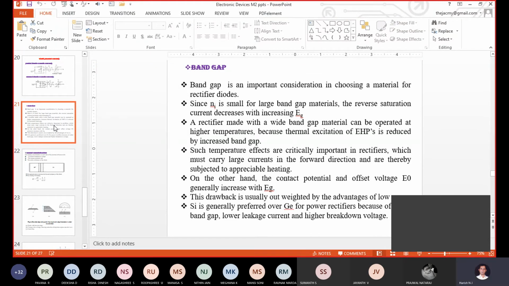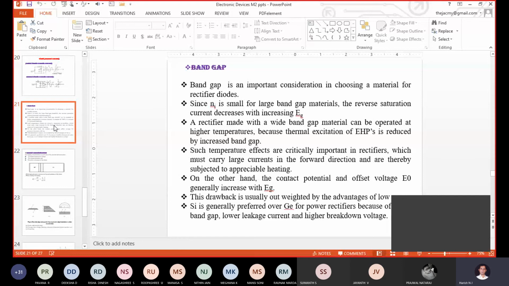ವೈ ಎನರ್ಜಿ ಗ್ಯಾಪು ಜಾಸ್ತಿ ಇರುವ ಸಿಲಿಕಾನ್ ನಾನು ತಗೊಂಡ್ರೆ ಏನ್ ನನಗೆ ಅಡ್ವಾಂಟೇಜು? So it can withstand high temperature. High temperature ಅಂದ್ರೆ ಅರ್ಥ ಏನು? It increases the VBR value. It will be tolerating the maximum of a reverse voltage. Temperature ಅಂದ್ರೆ ಏನು? ರಿವರ್ಸ್ ಫಾರ್ವರ್ಡ್ ವೋಲ್ಟೇಜ್ ರಿವರ್ಸ್ ವೋಲ್ಟೇಜ್ ರೂಪದಲ್ಲಿ ನಾವು ಮಾತಾಡೋದು. Correct. Okay, your answer is right.